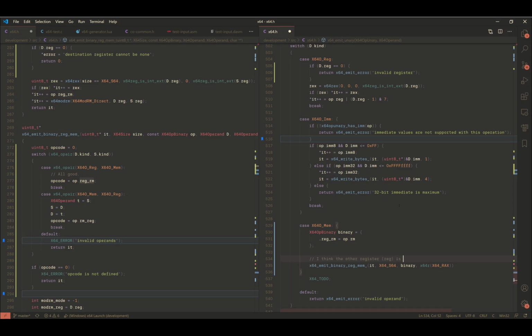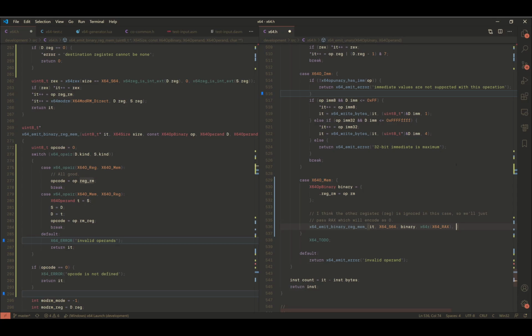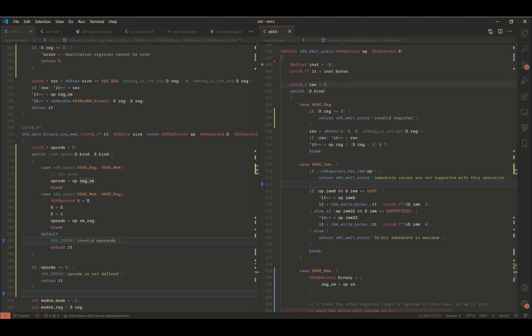Reg is ignored in this case, so we'll just pass RAX, which will encode as, and then we will pass our expression, our operand. This one should be the memory one. Do you have anything else? And the error, of course. We don't do error for these, so